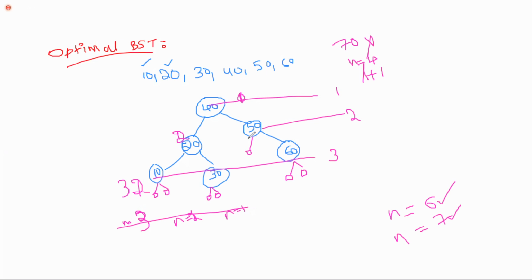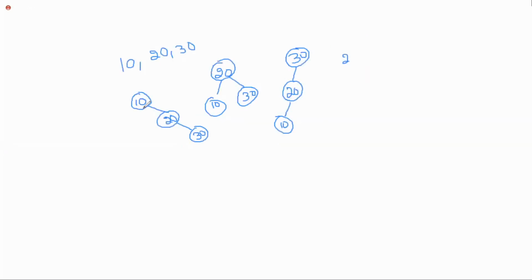Now, consider this example. How many nodes do we have in the first tree? Assume this is A, this is B, and this is C. How many nodes do we have here in the A part? n is equal to 3. How many square boxes do we get? We'll check. This is 1. A square box is nothing but the null node mark. This is 2, this is 3, 4. So how many square boxes did we get? It is equal to n plus 1. If we have n nodes, then the number of null nodes is equal to n plus 1.